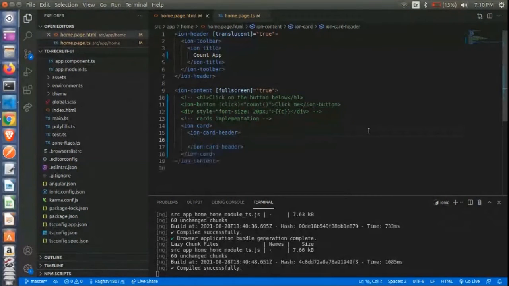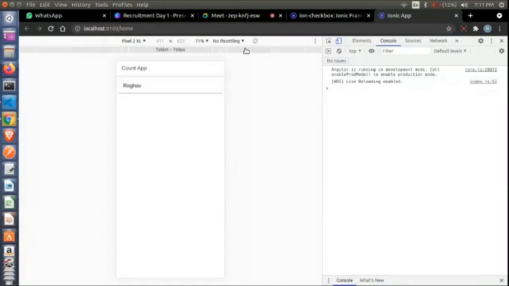Within ion-card-header, you can specify the ion-card-title. Suppose I give the title as Raghav. When you go to the application, you can see the card appears over here with my name Raghav in a bigger font.